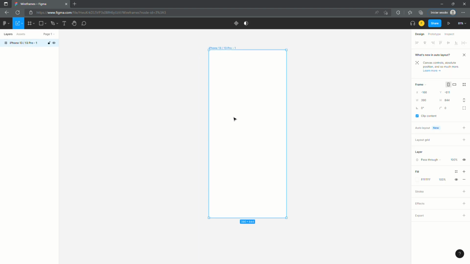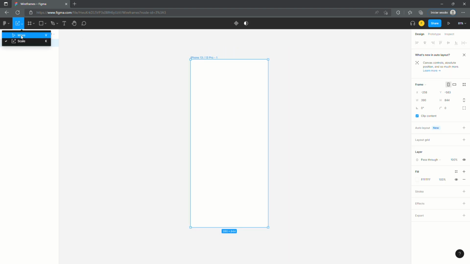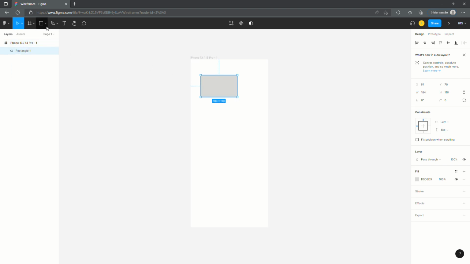Okay, so this is the cursor, where you can have the cursor to move and the cursor to scale. Okay, we mostly use the move cursor. You can have access to some basic shapes like rectangles, lines, ellipse, polygons, stars. You can also place images from the file. This is the pen tool and the pencil tool. Text to create text elements,